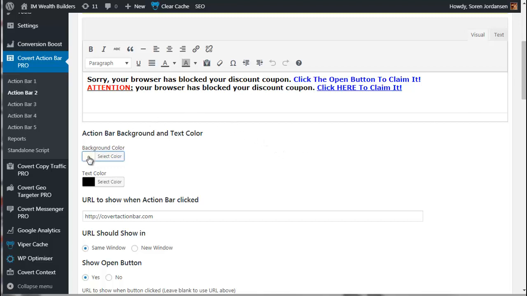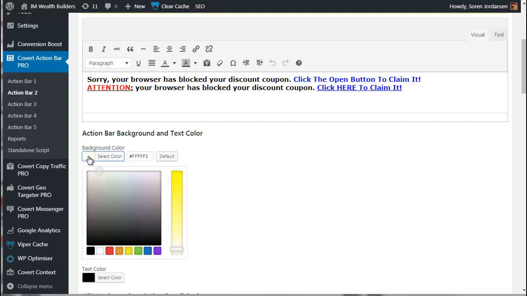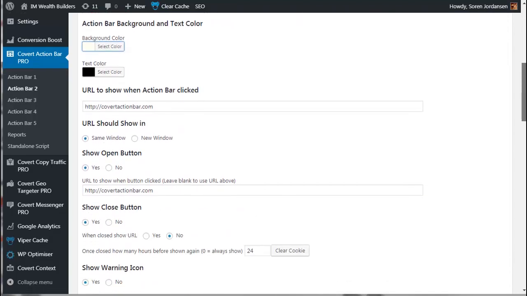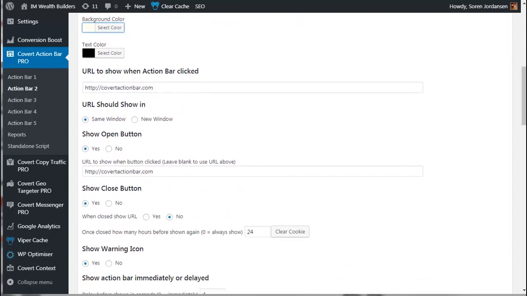Then you choose the background color and default text color from a full color palette. Next, you simply pop in the destination URL to take the visitor to when the bar is clicked. You also get to choose whether this opens in a new browser window or the existing one. There's also an option to show an open button on the bar, which I'll come back to in a minute when we look at the live bar, and whether that should go to the same page as above or a